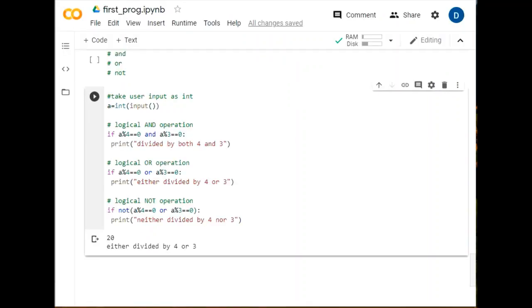So for your convenience, I have just taken one programming example in which we can use these logical operators. Let's take a problem. I wish to check whether a particular number is divisible by 4 or 3 or not. I want to check a number, is it really divisible by 4 and 3. So how can we go for that? We are giving a choice to a person. That person can enter their own number.